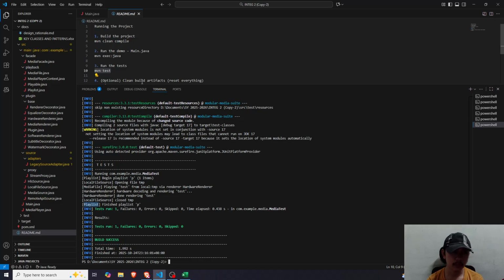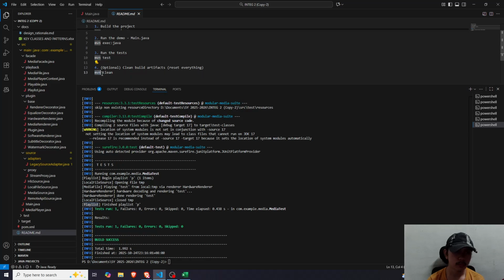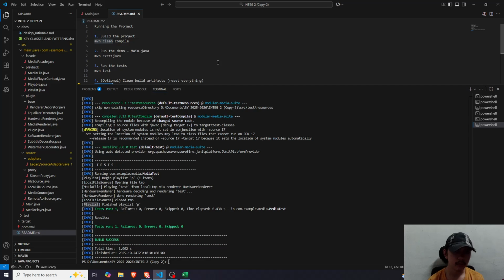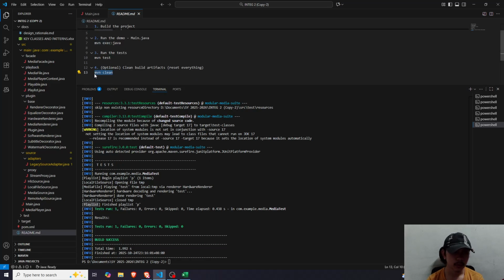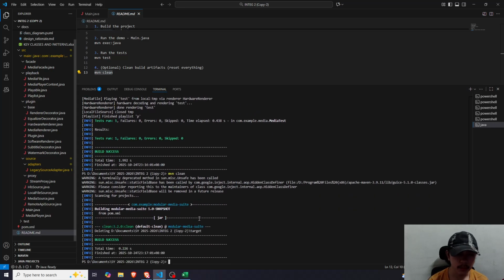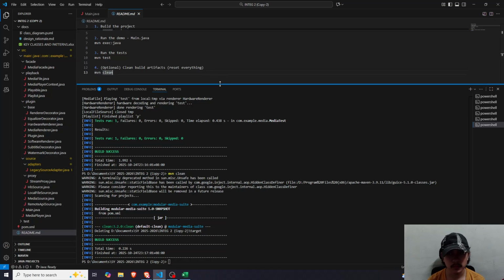So that's basically it. This is optional: we clean if we want to reset everything so that we can run the project again later. So we type the command mvn clean. I want to reset everything back to normal, so let's type mvn clean. Yeah, it's back to normal now.